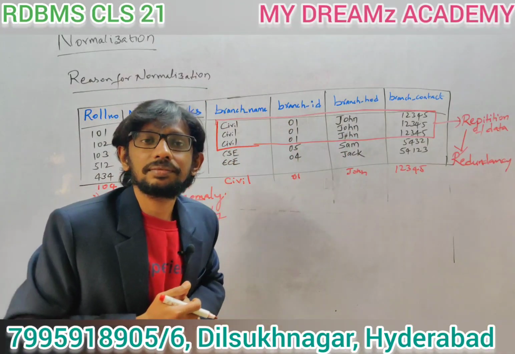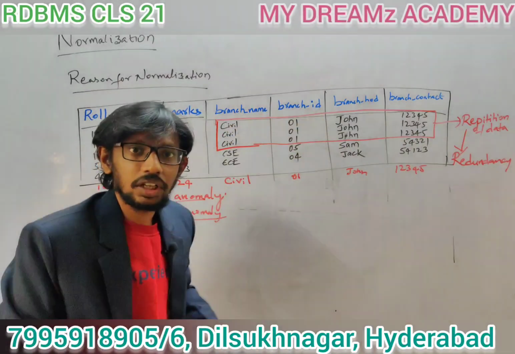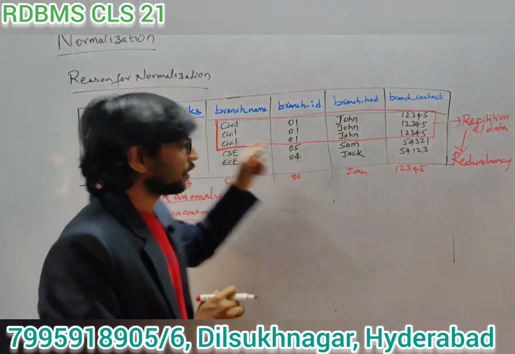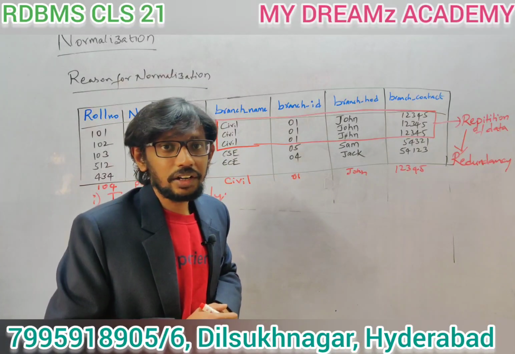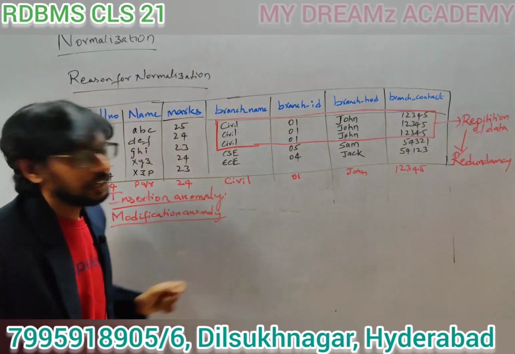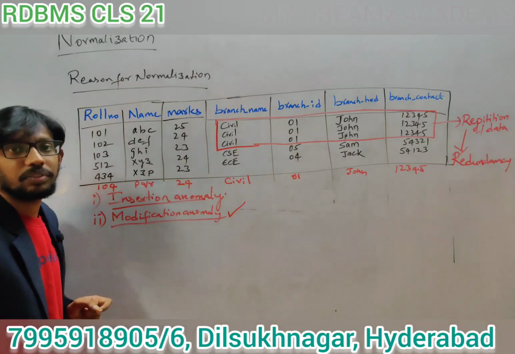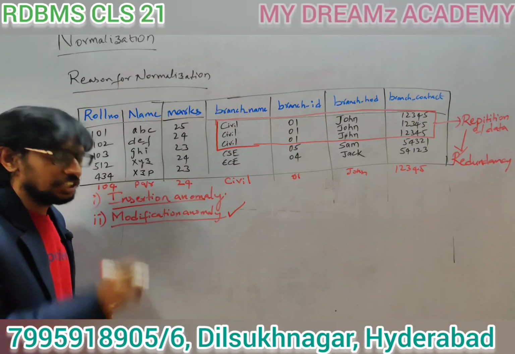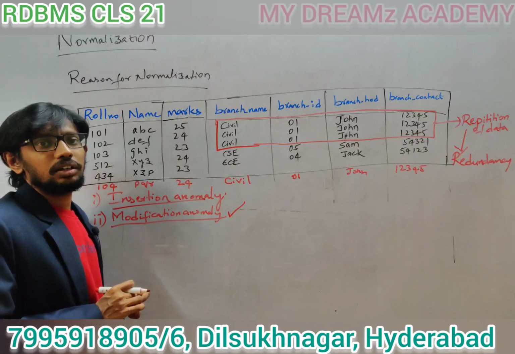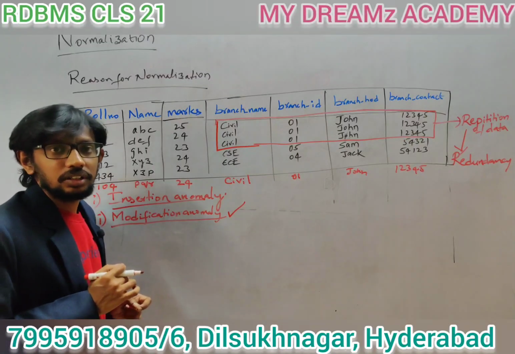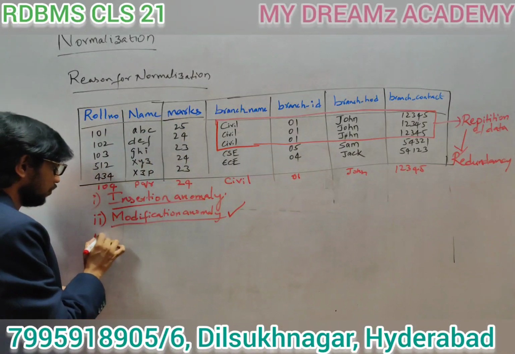Now what happens? I should update each and every row. If I miss out one particular student, what happens? Inconsistency is created, right? So that is the problem, and that is the modification anomaly. I should update each and every student's department information. Next, finally,